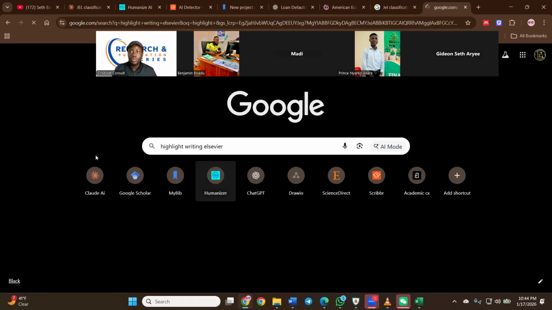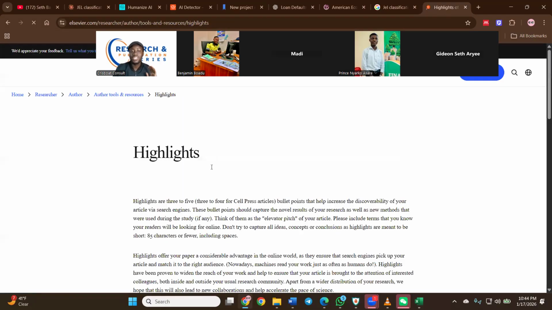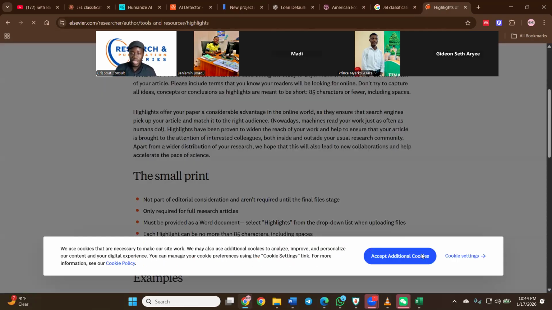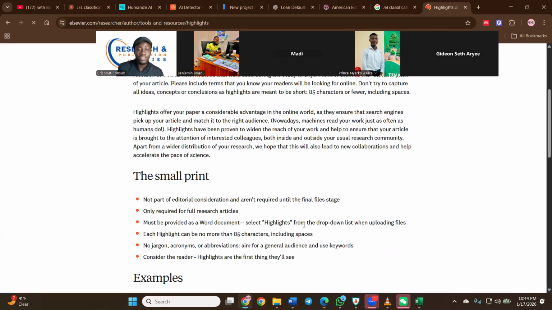If you want to learn how to write the highlights for Elsevier submissions, it's compulsory. If you are submitting a paper to Elsevier, you have to add highlights, but you submit that as a different file, on its own.